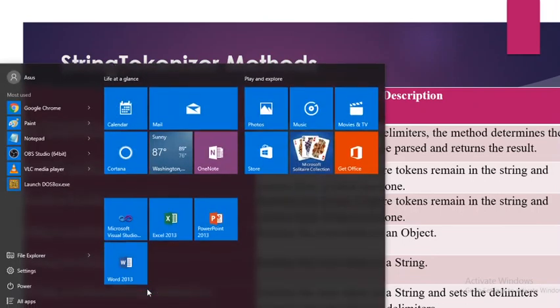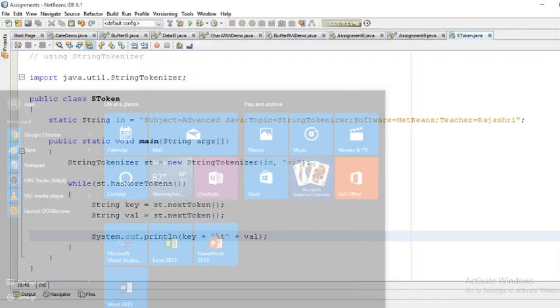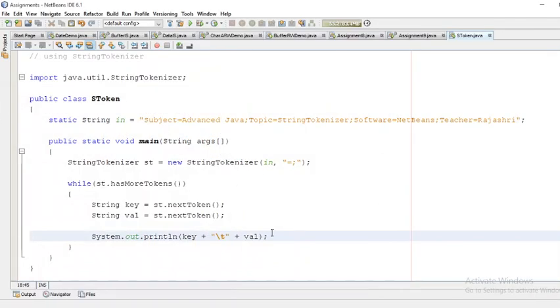For that, let us move to NetBeans. I have already written one short code, and I am going to explain this using StringTokenizer. To use the StringTokenizer class, you have to import this package, that is java.util.StringTokenizer.